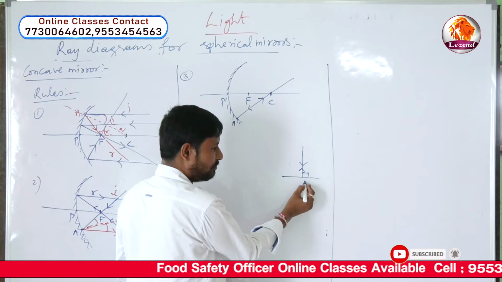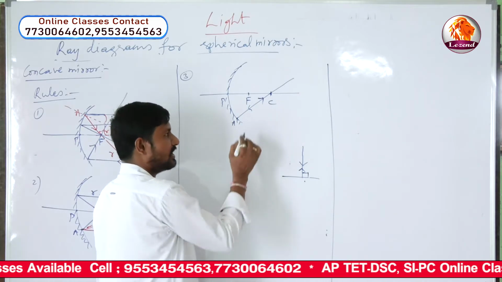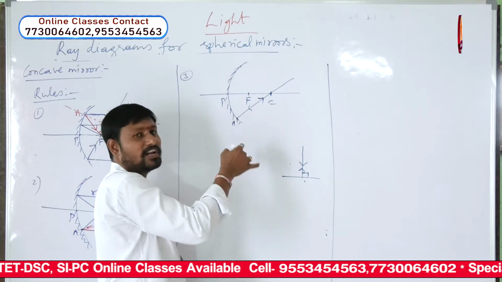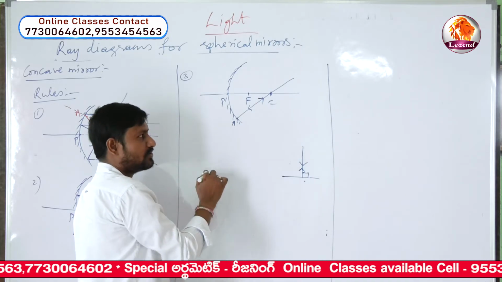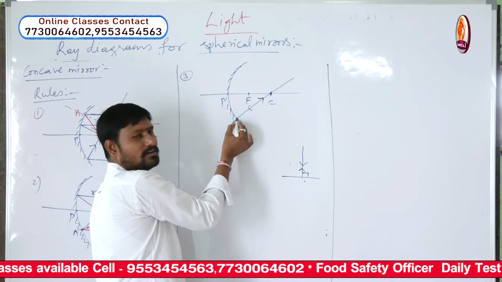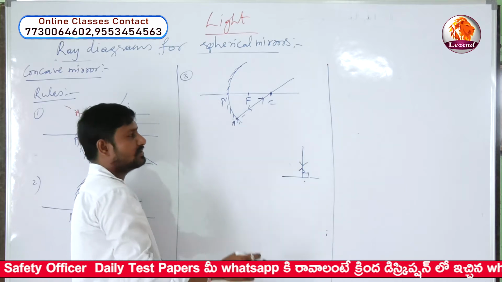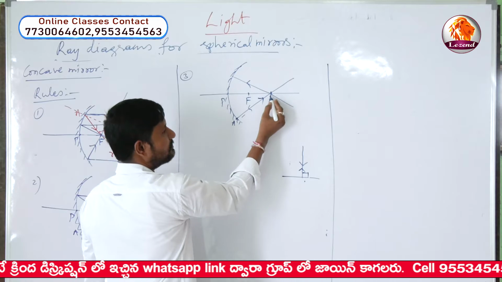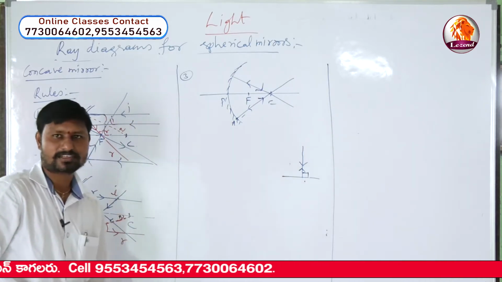Similarly, this is the case of the plane mirror, but here it is a curved mirror. In the case of a curved mirror also, this is the incident ray, and it is falling on the mirror normally, perpendicularly. That is why it simply bounces back along the same path. That is why the third rule is: any light ray passing through the center of curvature, when incident on the mirror, simply bounces back along the same path without any deviation. And you can take it like this also. This is also traveling through the center of curvature, so it will be reflected back. This is another light ray.